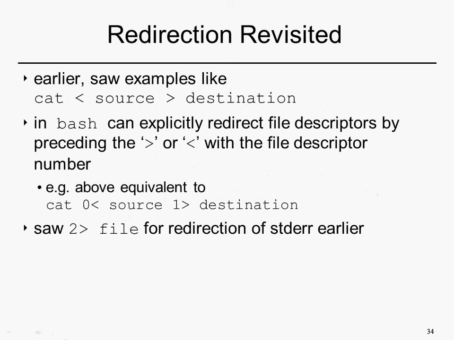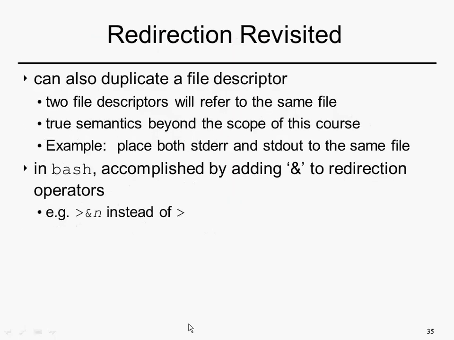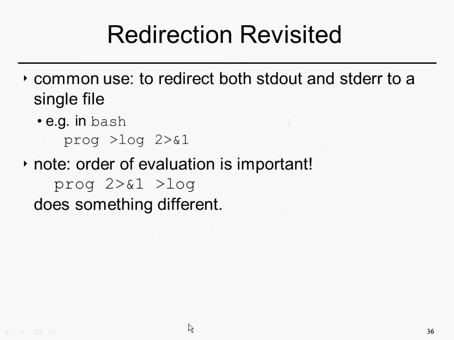so here we had seen this to file going for redirection of stderr. So here I have output from stderr going to Baz, output from stdout going to bar. Okay, and they're not mixed together. Okay,